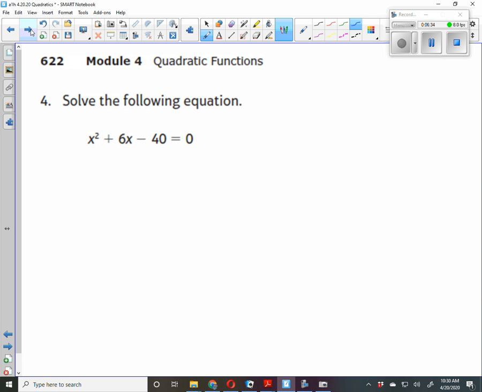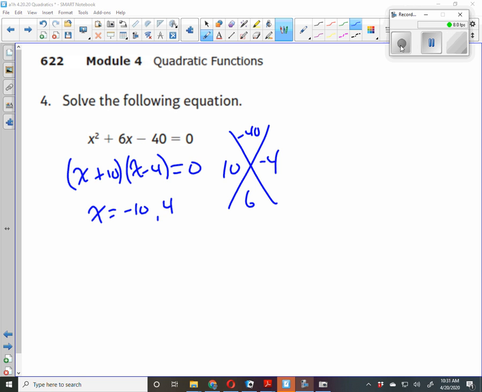All right, solve the following equation. So notice that in problem 5, we're looking ahead. We're gonna graph this. So before we get going, let's go ahead and solve. All right, so with this solved,